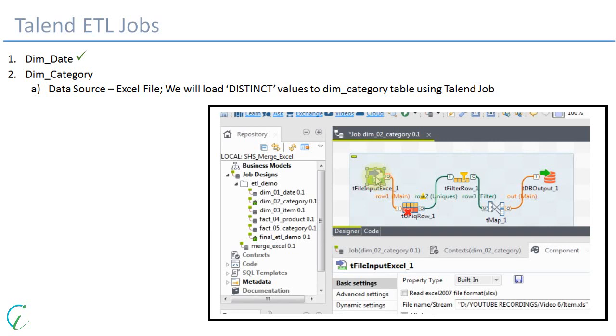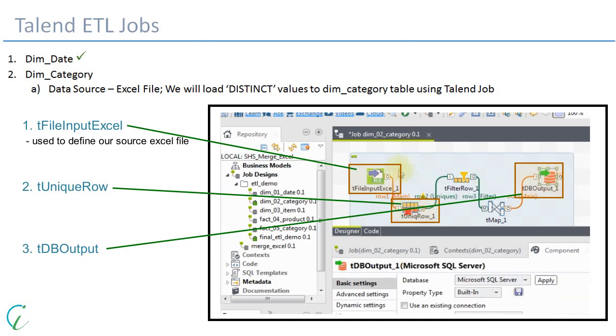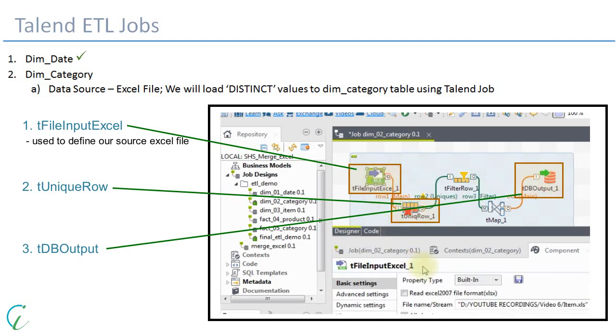The 3 Talend components which are mainly used in this job are: first, tFileInputExcel, second, tUniqRow, and third, tDBOutput. tFileInputExcel is used to define our source Excel file.